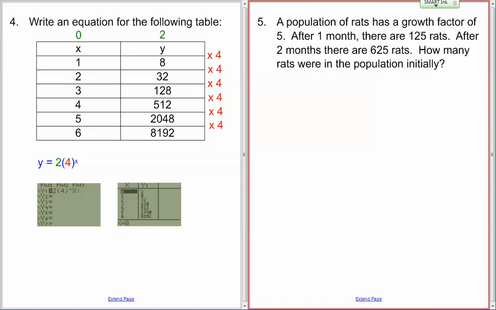A population of rats has a growth factor of 5. After 1 month, there are 125 rats. After 2 months, there are 625 rats. How many rats were in the population initially? Well,